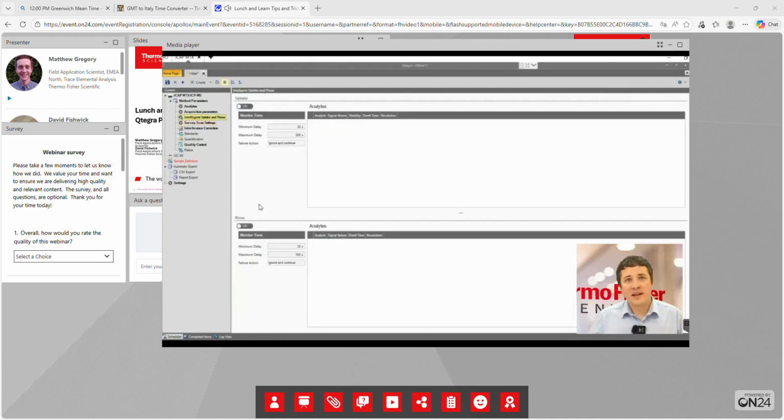So I've skipped ahead to our intelligent uptake and rinse tab here within our method. And this is quite useful sometimes if we've got some tricky elements we're having particular uptake or rinse problems with. So one common example is mercury. Mercury is quite sticky. It gets in all the lines and the tubings, and maybe we want to have a good washout of that. Now, what's important to know is that what we need to do is get the chemistry right